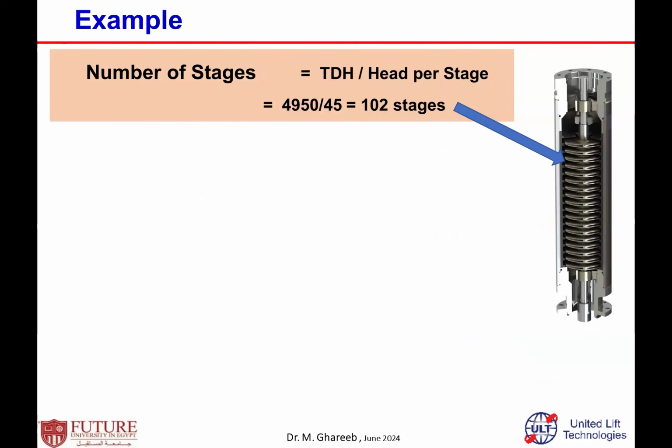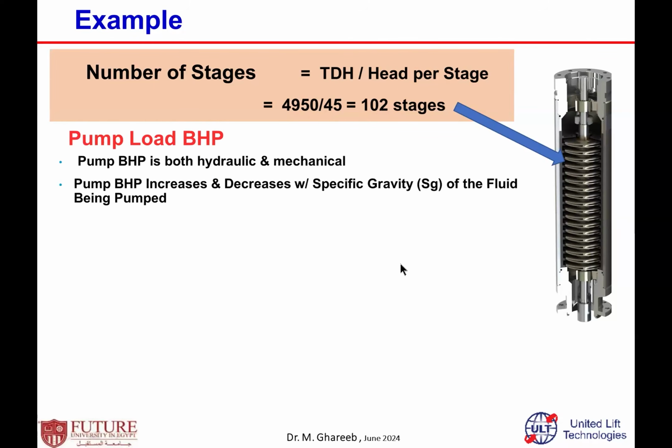Then I need the housing to at least accommodate that, or be a couple of stages more than that, but not less. The housing I need to select should at least have 102, 103, 105, depending on the housing size. Then pump load, as I mentioned before, is the pump brake horsepower, both hydraulic and mechanical horsepower. The total horsepower required to drive this pump. The pump brake horsepower increases and decreases with the specific gravity